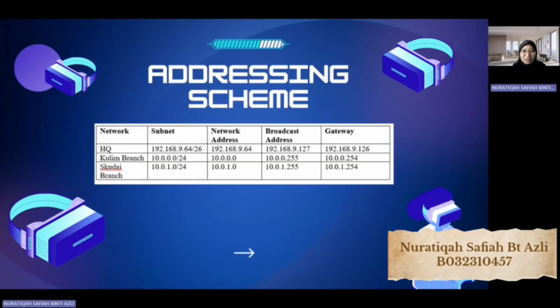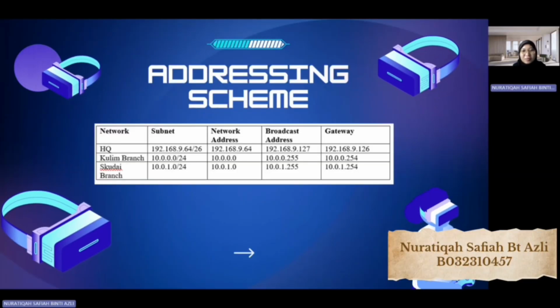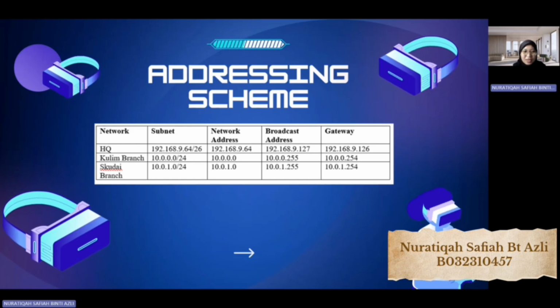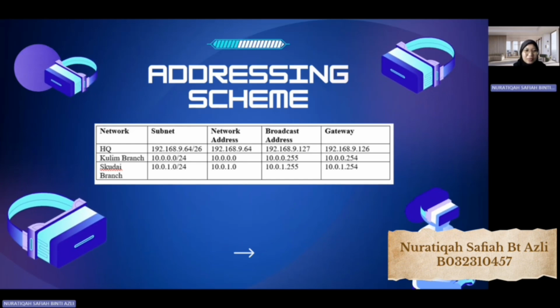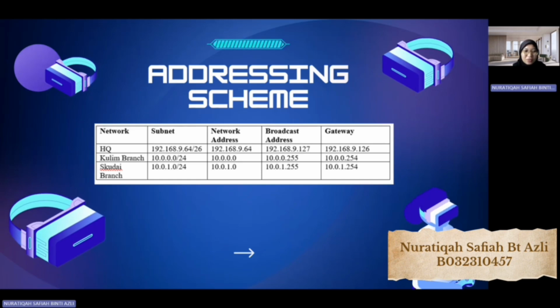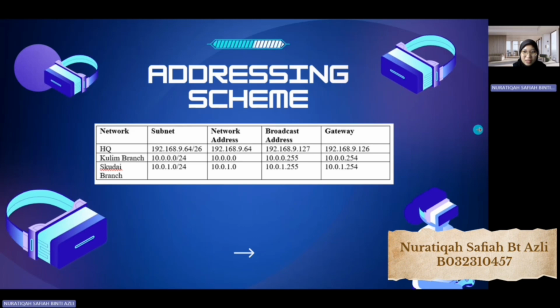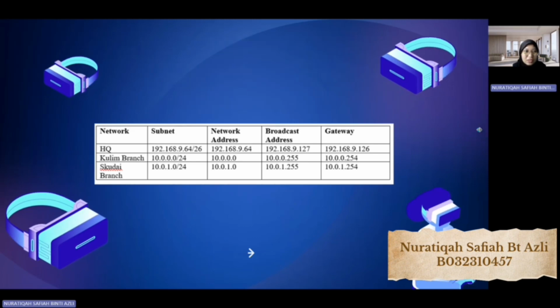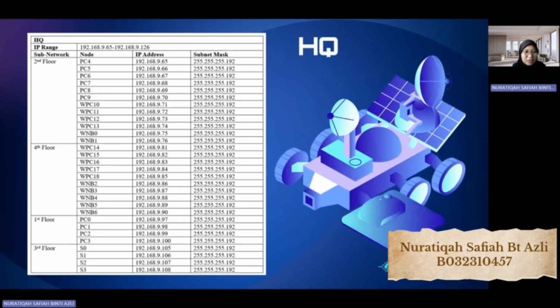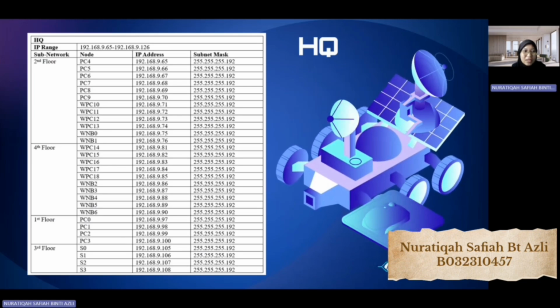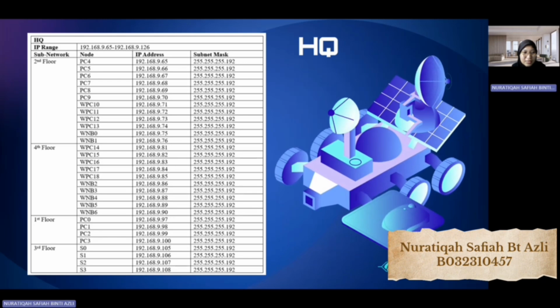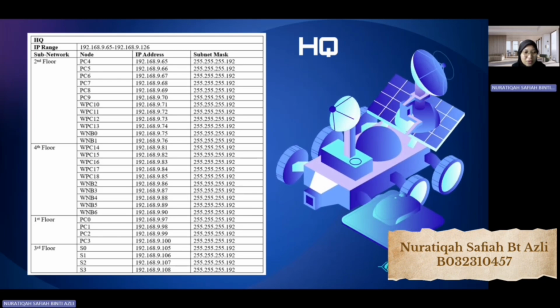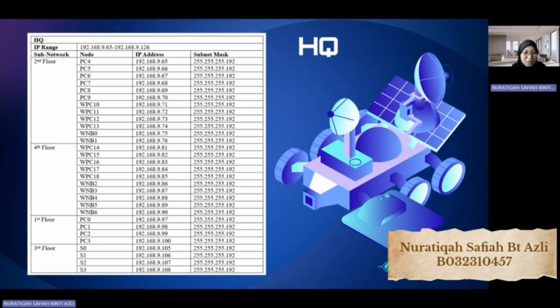Assalamualaikum dan selamat sejahtera. My name is Nuratika Safia and I will be presenting the addressing scheme for HQ and branch. This is our addressing for HQ and branch. We have two columns, which are school name and school type. We have the subnet, network address, broadcast address, and the gateway. The HQ address we have from the first floor until the fourth floor. By using the VLSM technique, we will choose the most devices, which is the second floor with 12 devices, and the second is fourth floor with 10 devices,